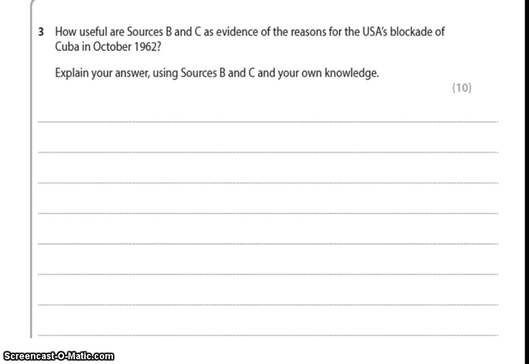You must recall knowledge here. You must show that you know about the reasons for why the USA blockaded Cuba in October 1962. You know that in 1962 the USA's U-2 spy planes detected Soviet missiles in Cuba. From Cuba, these missiles could be used to attack US cities with very little warning. This is why it was an imminent, massive priority for President Kennedy and the US government. Kennedy ordered a naval blockade of Cuba. All Soviet ships were to be stopped and searched to prevent further missiles being transported to Cuba.